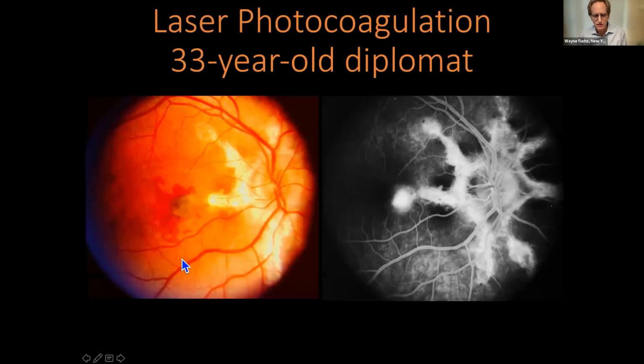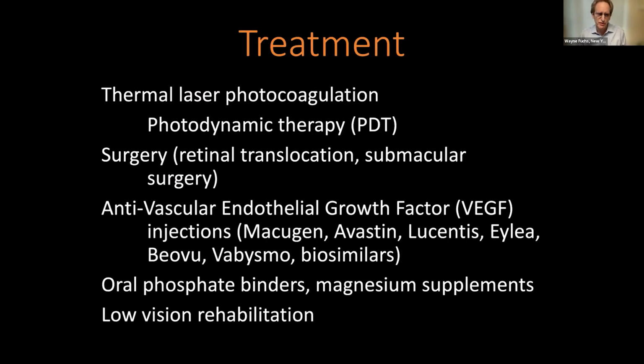People may ask about the differences. Beovu was approved about 3 years ago, Vabysmo 1 year ago, and some biosimilars have recently been approved for use since the patent on Lucentis is over. We've studied oral phosphate binders and magnesium supplements, none of which showed a statistical significance, but a trend was shown in decreased calcification and mineralization of tissues. In our patients with severe disease, a referral to a low vision specialist is a valuable tool in the management